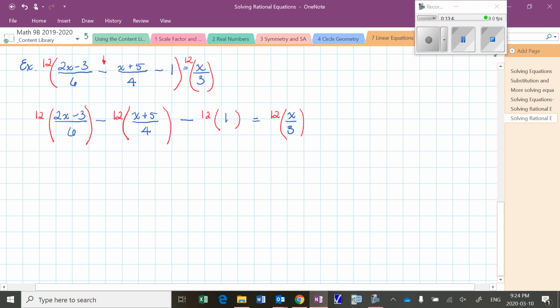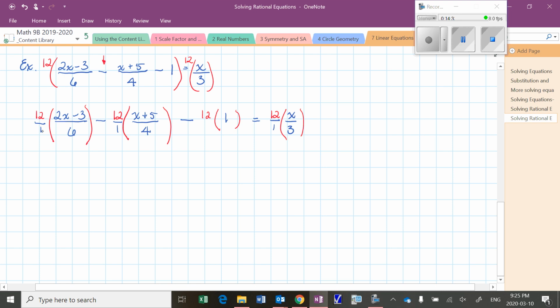Now, one of the things that I want you to pay attention to is also where I'm writing the 12. I'm not writing it down here, 12 times this, 12 times this, because guess what your brain sees when you write it right at the bottom like that? It's seeing 12 times 6, and you are definitely not multiplying 12 times 6. You're not multiplying 12 times 4 at all. So technically speaking, even though you're saying, hey, I'm multiplying that first term by 12, your brain is seeing something else. So by writing it up high, or even by writing in 12 over 1, hey, I'm multiplying by 12 over 1, then it helps your brain to see,